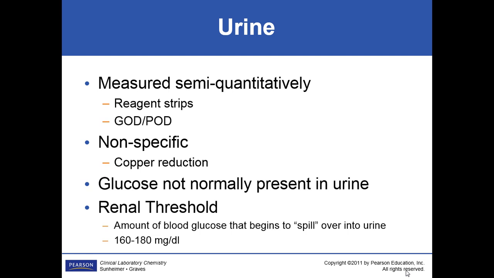Semi-quantitative is kind of in between. Yes, you have some. Yes, you have a little bit. Yes, you have a whole bunch. So we might say a 1 plus, 2 plus, 3 plus. Maybe you did something like that in immunology. You didn't give them a number. You just said you've got quite a bit or you don't have very much. Okay, that's normally how we measure urine for glucose, and it's part of the urinalysis dipstick. So we're just visually looking at intensities of color, which we'll be doing this summer.